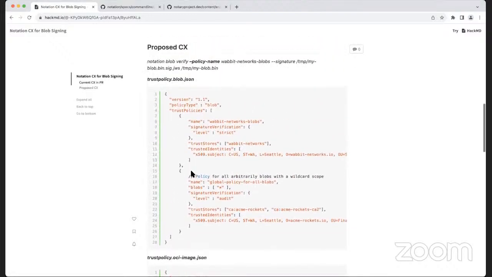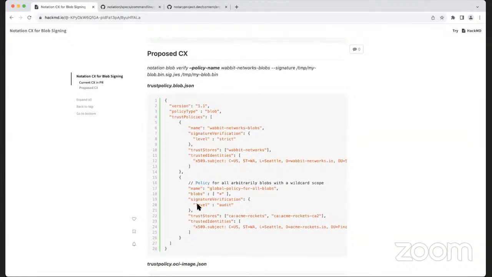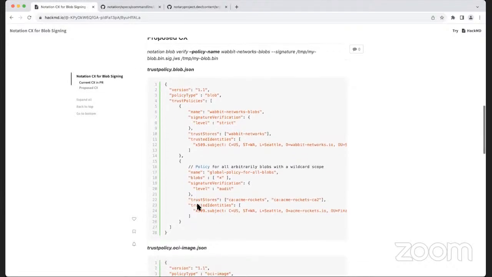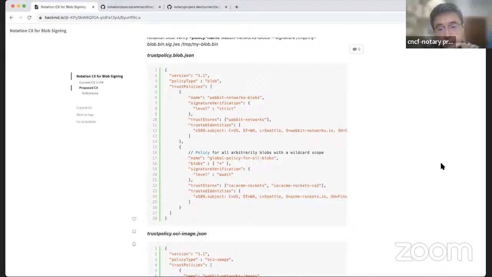Because the other option would be to introduce default policy true or global policy true as an additional attribute. Yeah, I think we can discuss further, because for global policy, the name doesn't matter, right? And also the field name blobs or images are actually redundant because we know this policy type. Yeah.